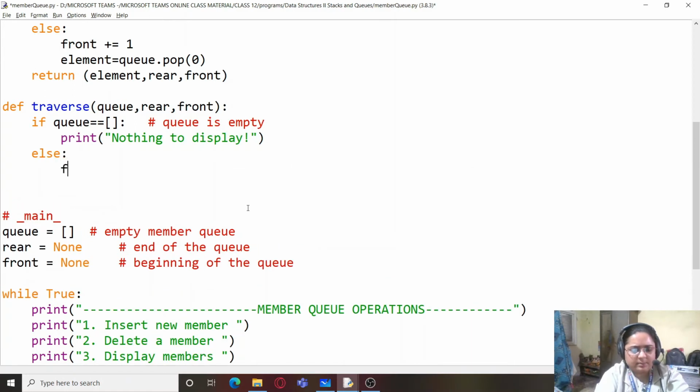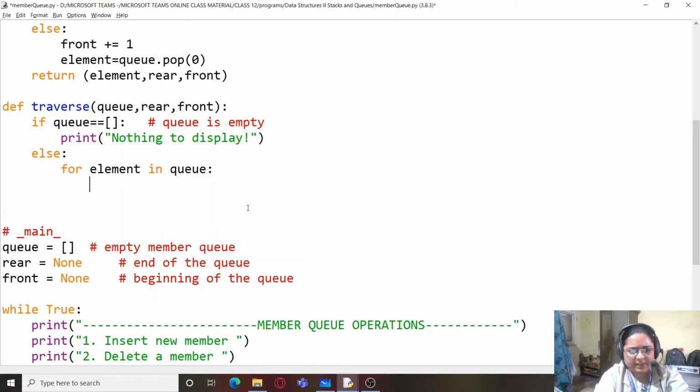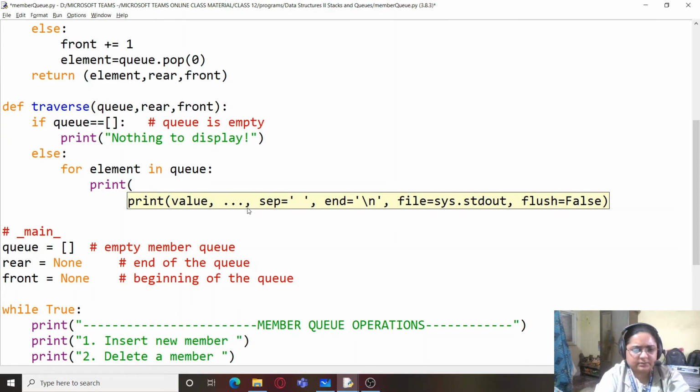Else we will be writing for I in range, or instead of that I can simply write for element in queue, because it will take up each element. Print.